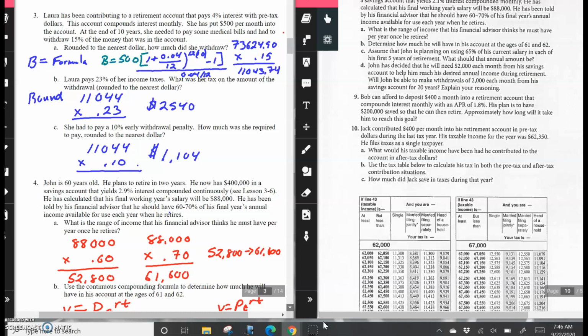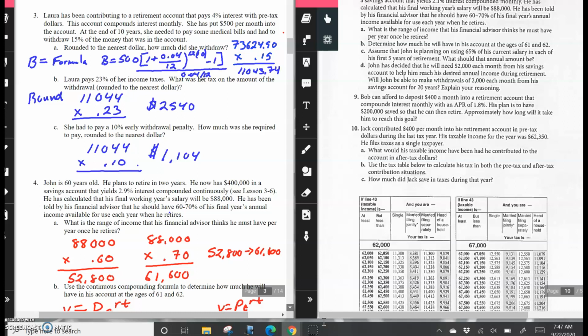1 is always a set value, plus 4% as a decimal is 0.04. This interest compounds monthly, so that's 12 times per year, divided by 12. Raise it to the 12th, for compounded monthly, times 10. It says at the end of 10 years, so T is 10, minus 1, that's a set value, divided by your percentage over 12. So 0.04 divided by 12, because it again compounds monthly. You get